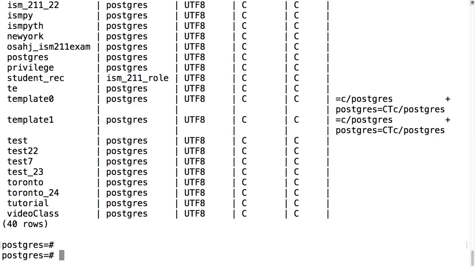Nonetheless, sometimes you want to free up space within your server environment, and you may need to drop some information, especially when you're not using that information anymore. So to drop our database called first store, we're going to use the drop keyword. So here I am going to say drop